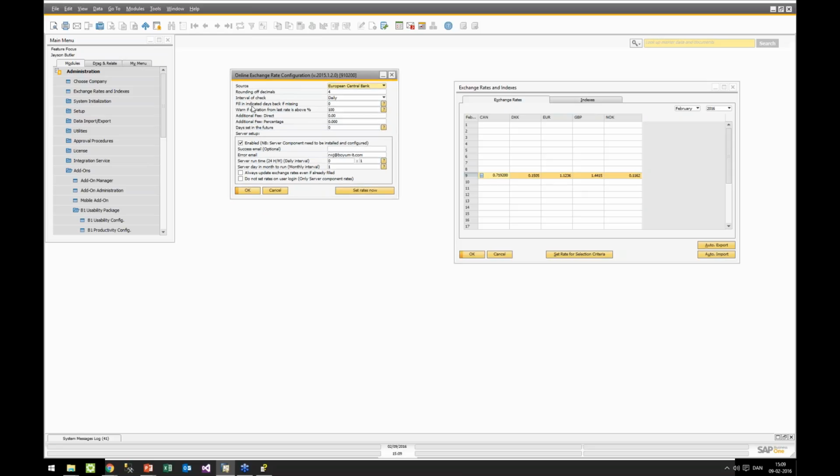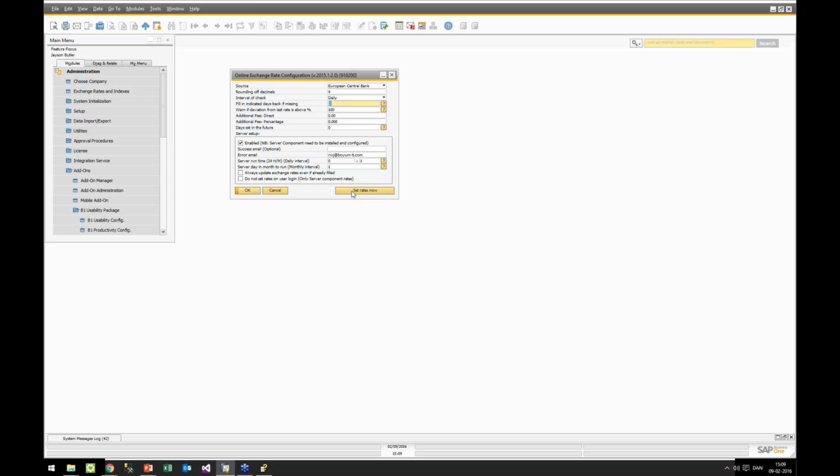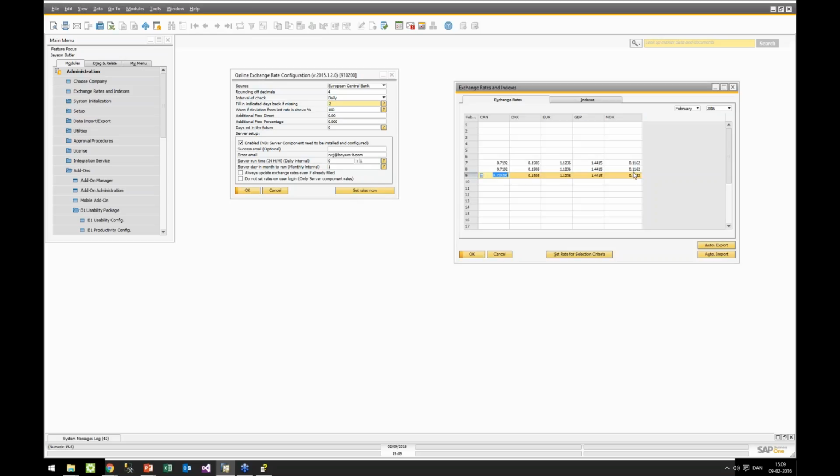Then we have the fill in indicated days back if missing, and this caused some confusion on what that means. Essentially, it means if I set it to 2, it will set the rates right now for today, and then check on the 8th, day 1, and on the 7th, day 2, if rates are missing. And if they are missing, it will set those rates in. So right now they are actually missing, and for me it will now set the rates. But it will set the rates from today onto those days. And that's because